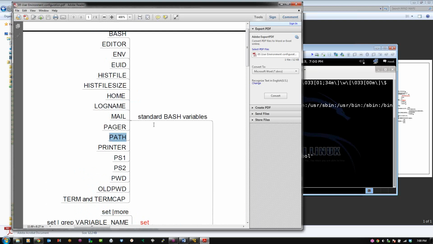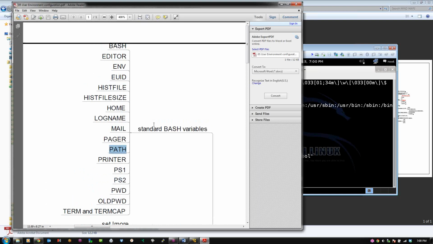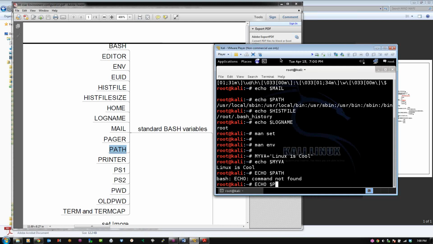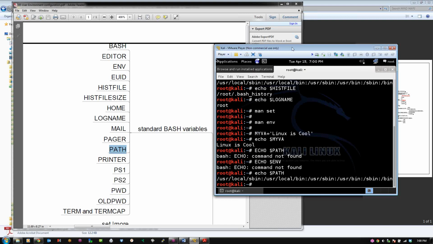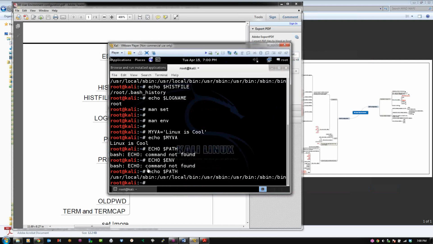Let's try env. No. Actually, it was probably because of capitals. There you go. That's much better. Just a typo. All right, so you can see, so here, look, learn from your mistakes, right? So echo was in all lowercase. I should have actually just read the error message that said, path not found. And then I should have caught myself a little quicker, but echo space $PATH, and here's their paths that are